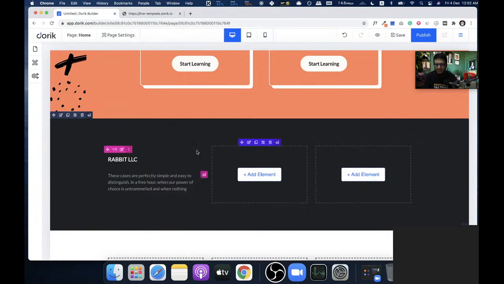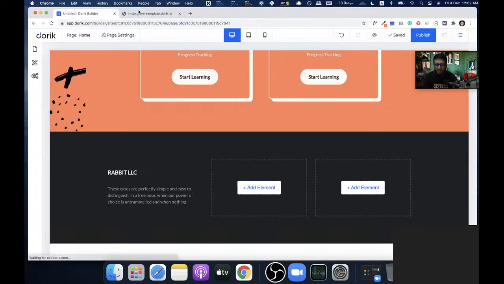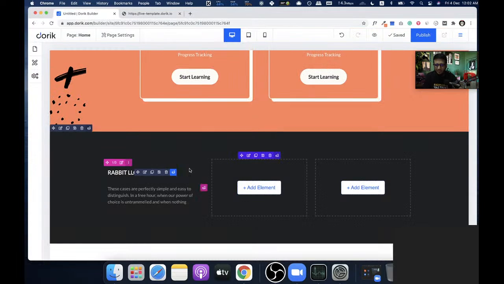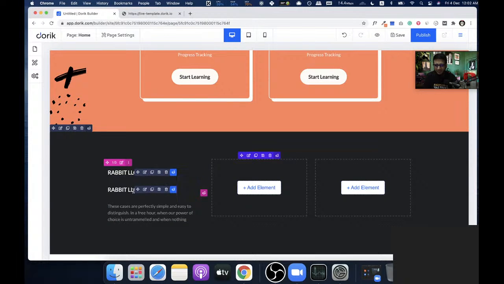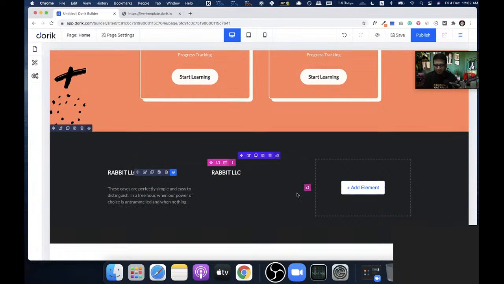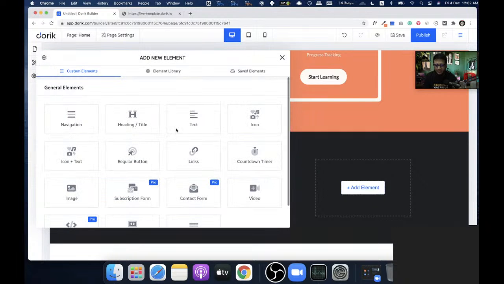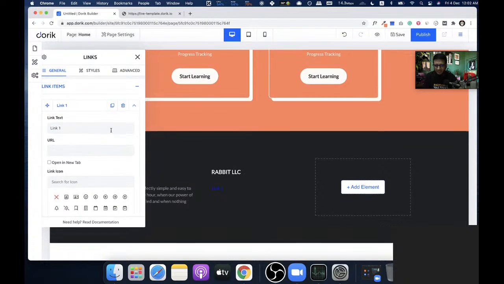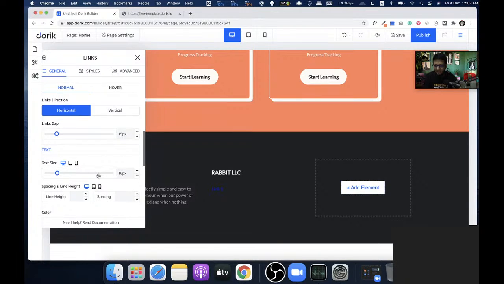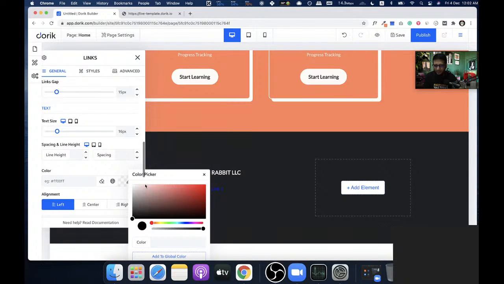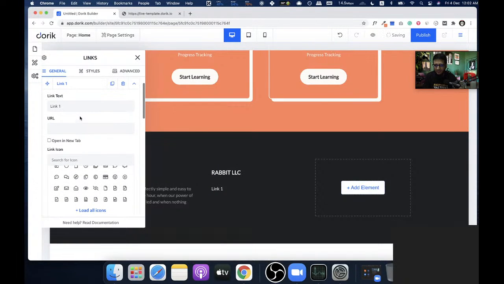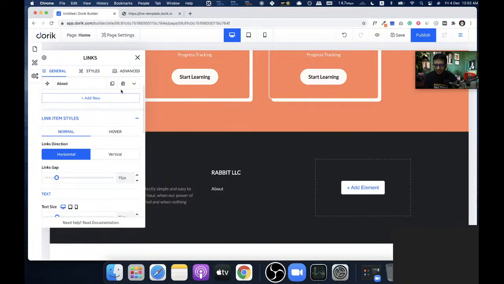100 pixel. So, and we are gonna have these links and follow us. So just duplicate this, drag it here, and after this add a links. Look at this, we are gonna have some links. Okay, let's change the color first, so we can see what are links. Link 1, link 2, link 3. So I'll just make it about, and I'll just duplicate,